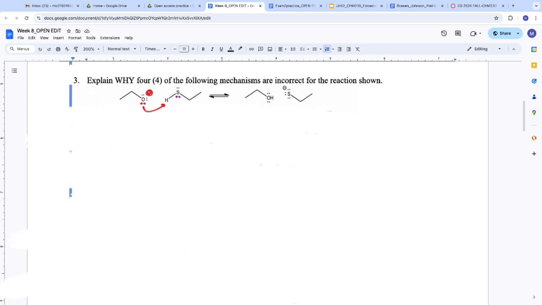Do better. Why? There you go. If we know our electronegativity differences, we know that sulfur is taking electrons away from the hydrogen because the sulfur is more electronegative than the hydrogen. That's polarizing the bond, causing